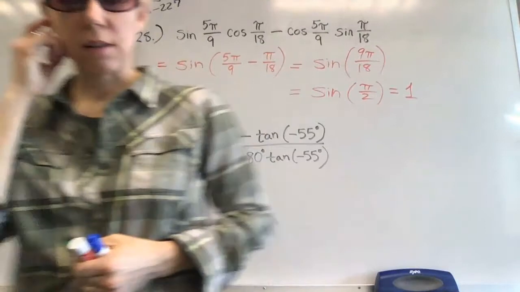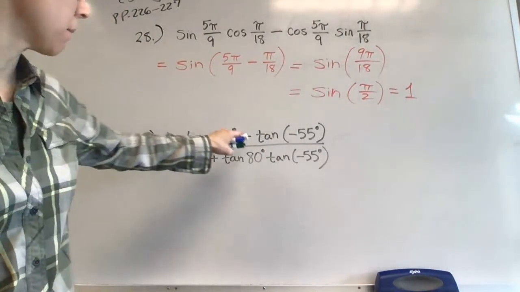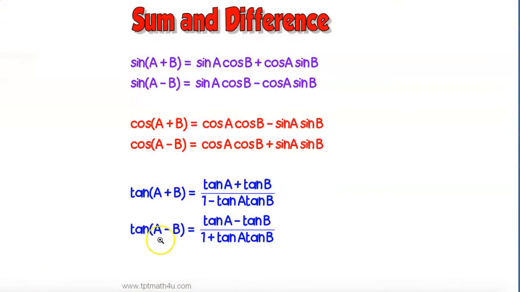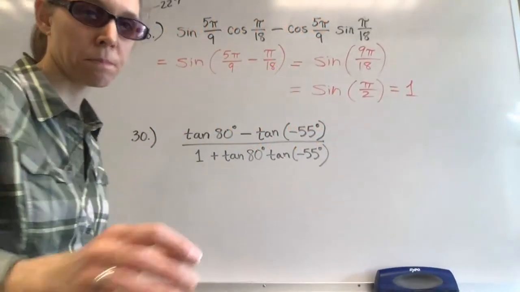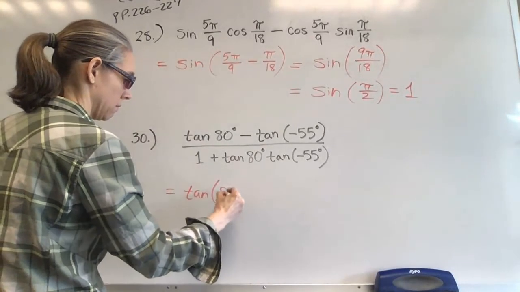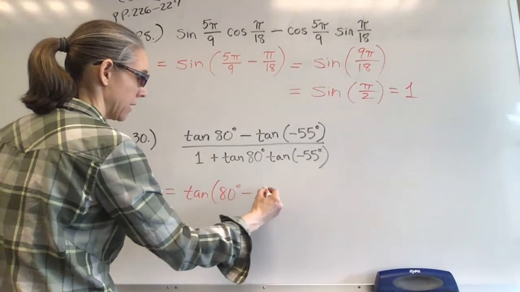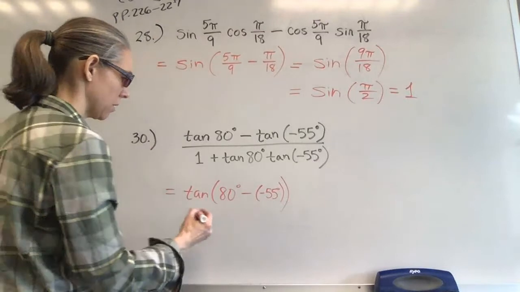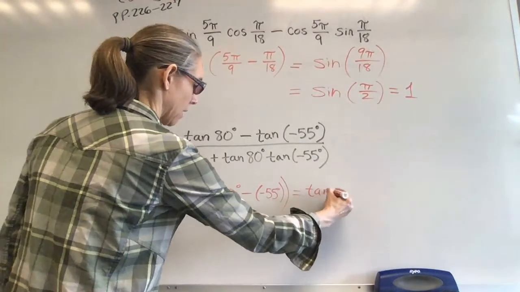Okay, next we're going to look at number 30. Number 30 is a tangent formula. Tan minus tan is going to give us the other formula that we hadn't looked at yet. Tan A minus B is tan A minus tan B. This is going to match exactly what we have on the board, so we want to use tan of A minus B. Minus a negative 55 is going to be the same thing as the tan of